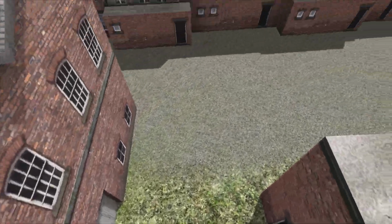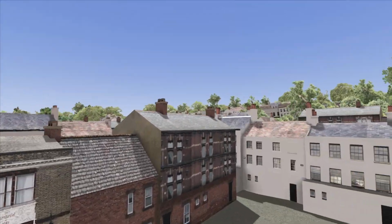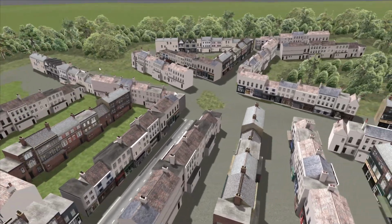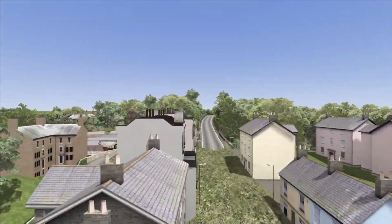We haven't really got any roads around here. It's like a town high street without any roads. Could be a DTG thing, I don't know, or this is just distant scenery, so they haven't bothered with any detail around here, which makes sense, I suppose. The main detail you want to have is closer to...